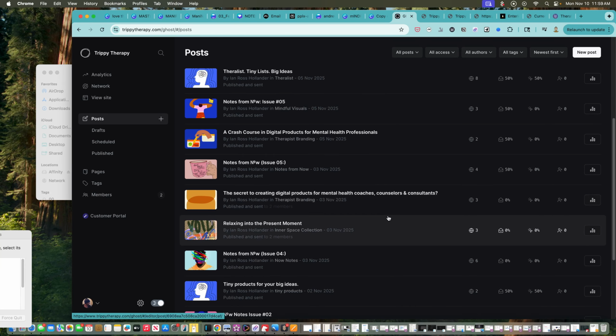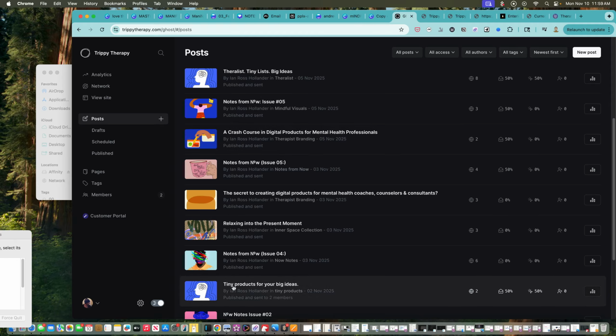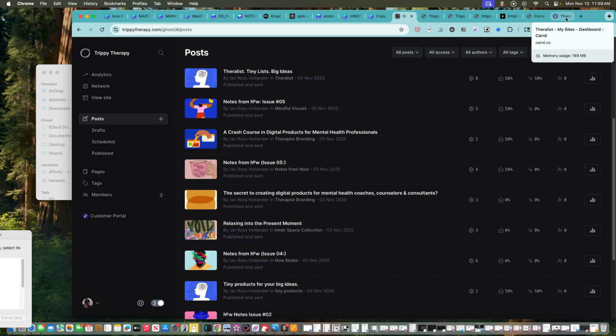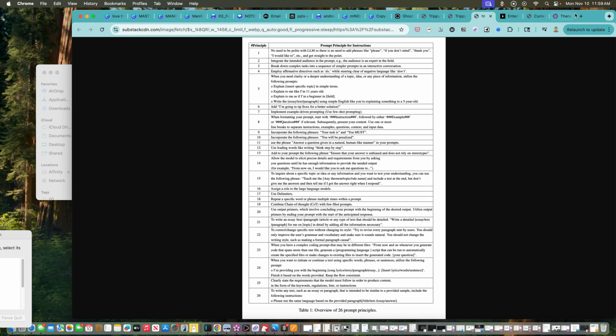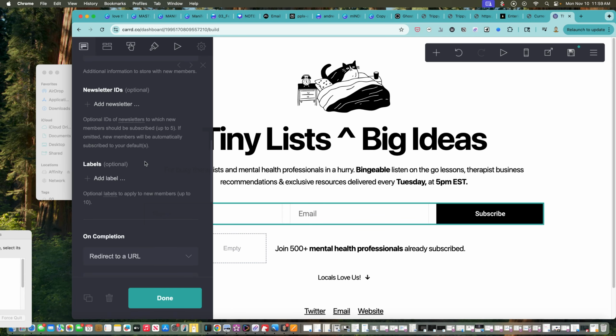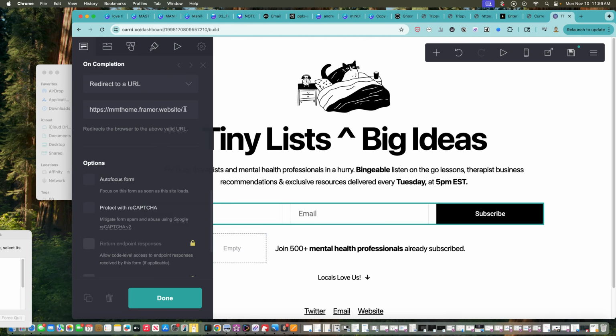Like any of these, all I'm going to do is enter the API information from my Ghost account into my Card account, which is here, and then redirect them to whatever post I want them to land on, right?